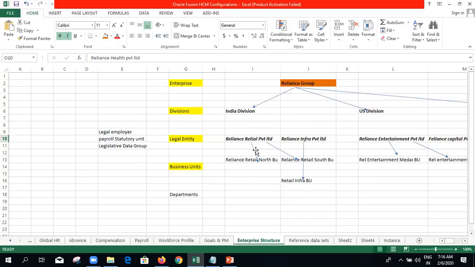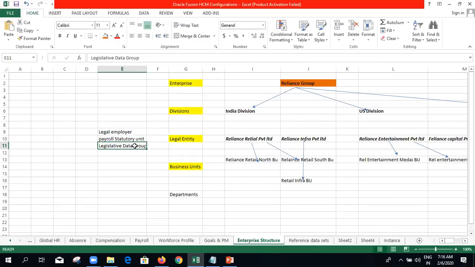So by adding those legislative data groups to the respective countries, in the payroll module, we are going to enable those respective legislative rules for the employee salary process, right? These LDGs are already predefined in Oracle for every country.